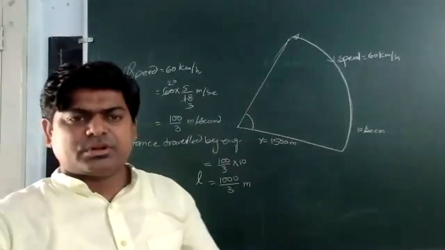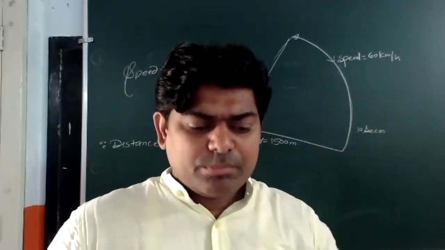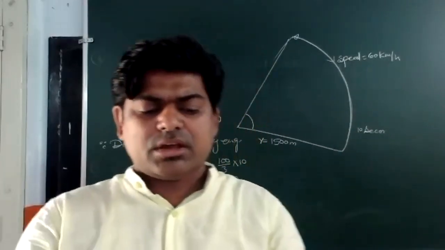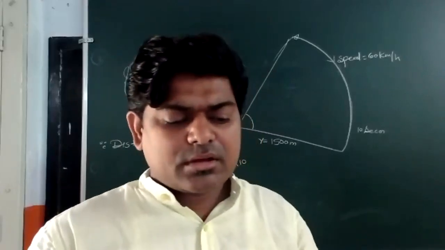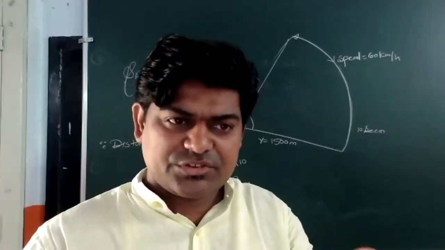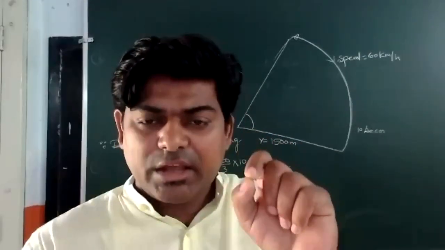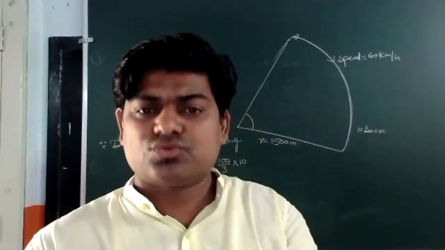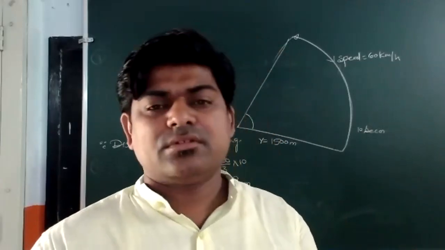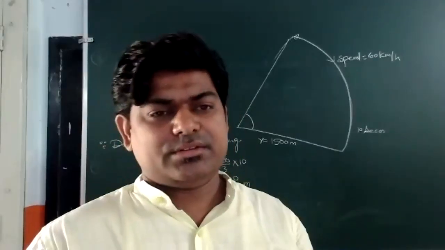Now I am asking you, can we find theta or not? Yes or no? But one thing I want to tell you again: when we find theta, it will come in radian. Is it? Because we have one formula, na? L is equal to theta into R, where theta should be in radian. In your question, what has been asked? Find the angle in degrees. So whatever angle comes in radian will be converted into degrees.